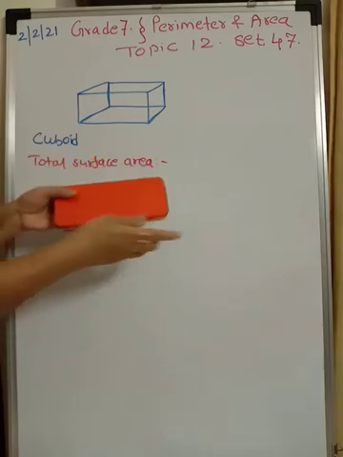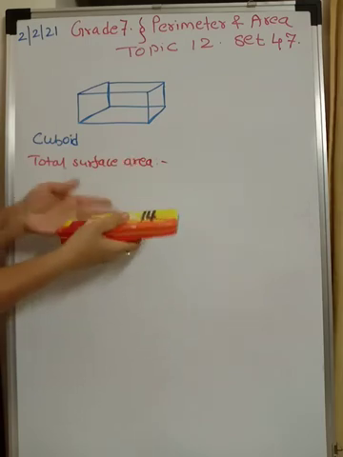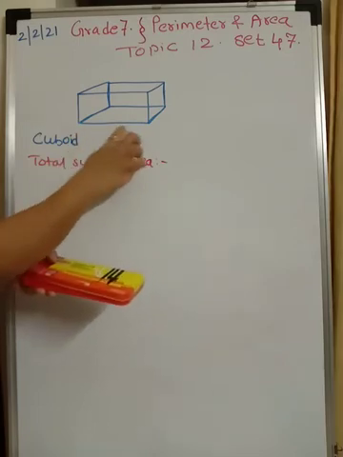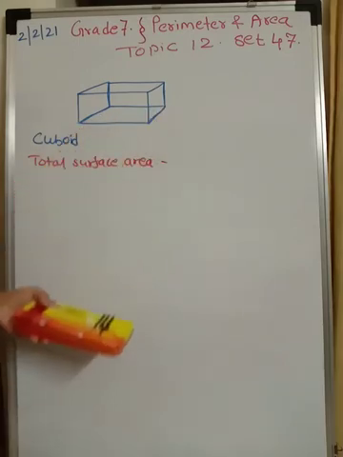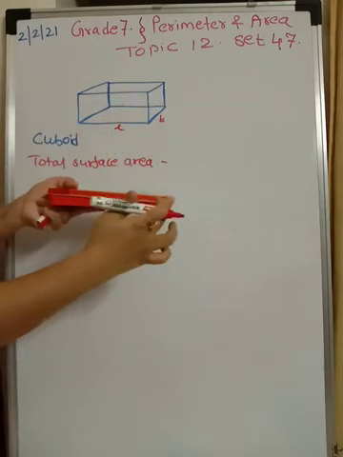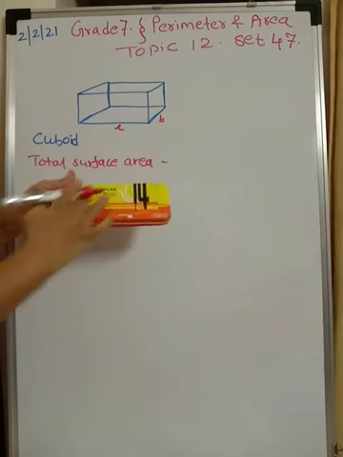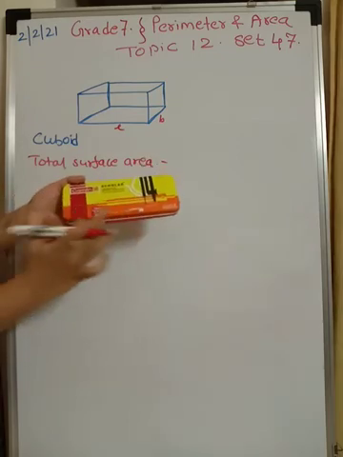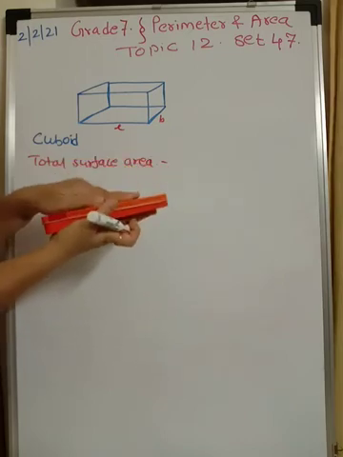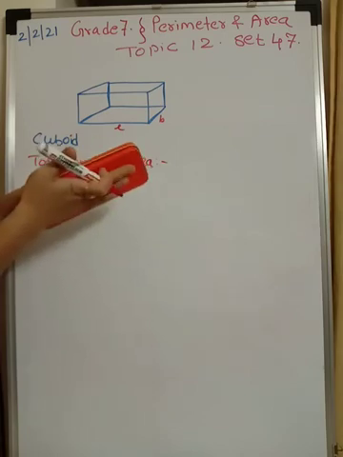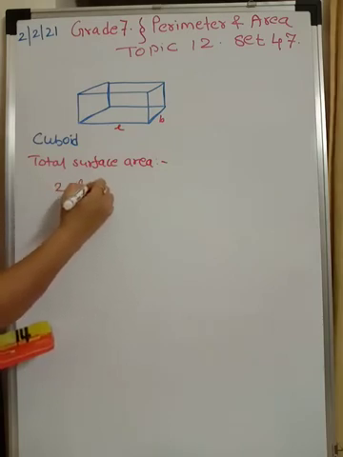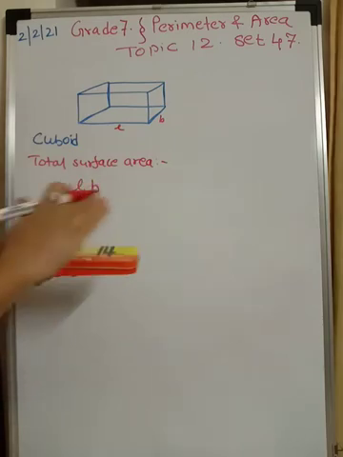And over here, it is again length and breadth, because for this cuboid we have considered this as length and this as breadth. Can you see in the figure? So I am speaking about this as length and this as breadth. For this face, length into breadth. Similarly over here, length into breadth. So we have length into breadth twice. So these two surface areas we can write as twice length into breadth.